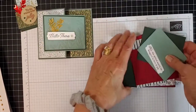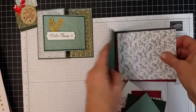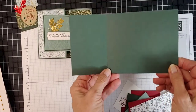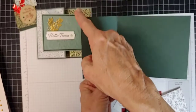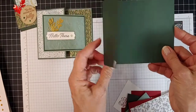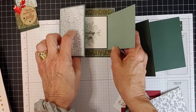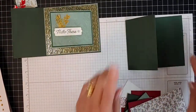So let me get out my pieces here, and we'll do them in order. So the large card base, this is actually 8.5 by 4.25, and I scored it at 5.5. And that is what is going to make this top fold right here on this card. Then the,